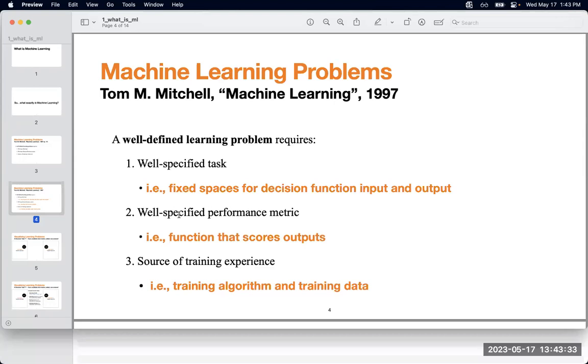So that would be one example of a very simple metric that you could use to estimate how good the model is doing. And third, we need to have some sort of training experience. So the ubiquitous example is when you have data available that would be used to essentially make the model learn from that data. So if you have historical data, the model would be essentially trying to align against that data. And then by aligning to the data, to some degree, we expect the model to do well.